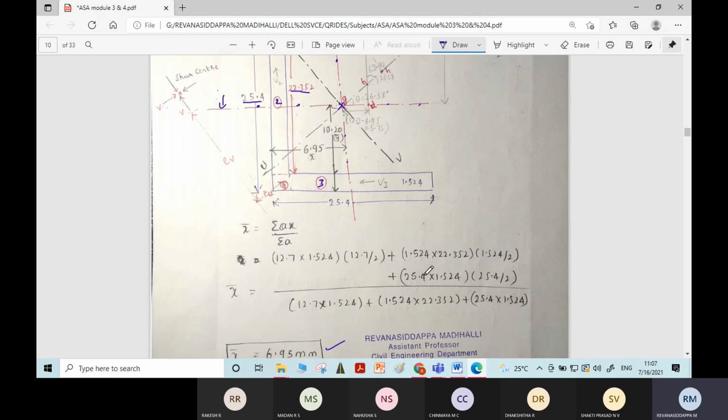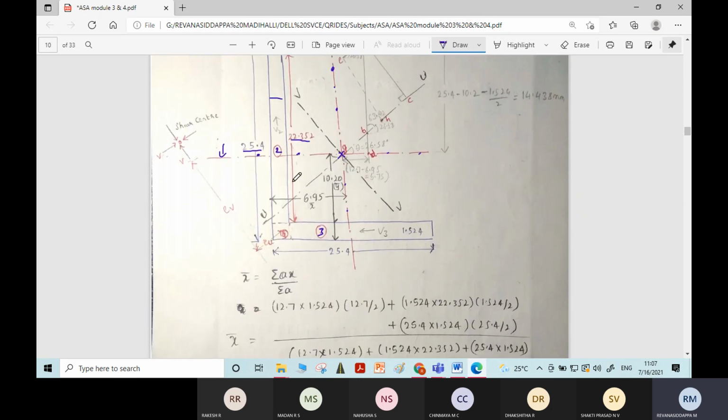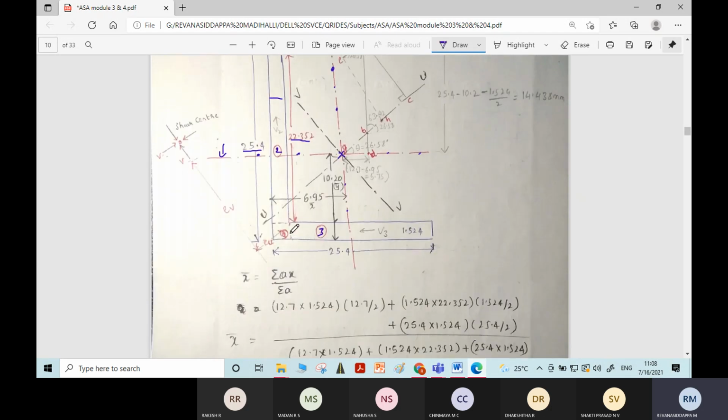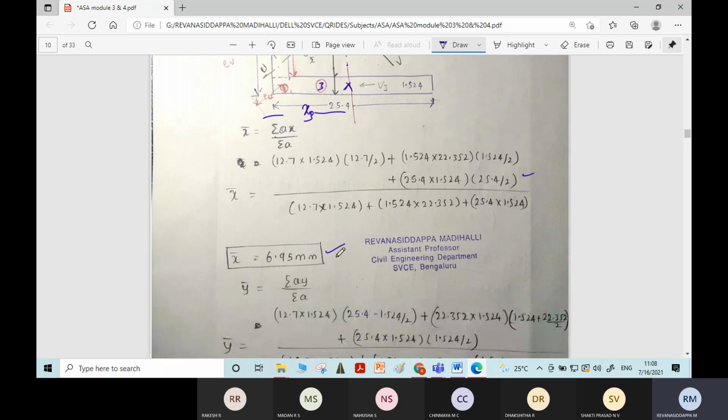I was discussing finding x2 bar, right? For A2 and x2 bar, you get the clear depth of the web portion of the channel section. Clear depth multiplied by the corresponding thickness will give A2. And x2 bar will be the distance of the center of rectangle 2 from the y axis, which is just thickness divided by 2, that is 1.524 divided by 2. A3 is the area of rectangle 3, that is 25.4 into 1.524, and the distance of the centroid of rectangle 3 from this y axis, x3, will be 25.4 divided by 2, all divided by a1 plus a2 plus a3. If you do this, you will get x bar.